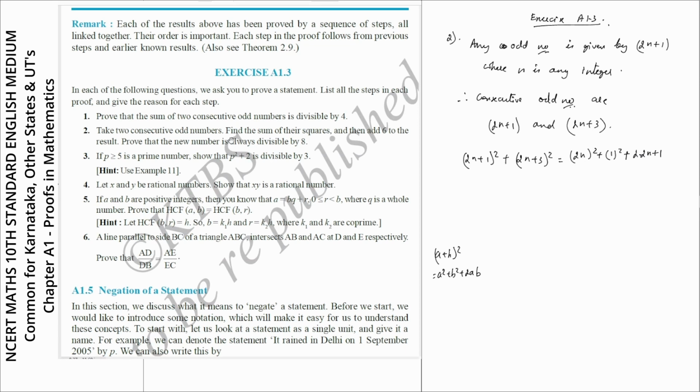So sorry, 2 into 2n into 1. Okay, plus 2n the whole square plus 3 square plus 2 into 2n into 3. So this is equal to 4n square plus 1 square is 1 only. So next, 2 into 2 is 4, n into 1 is 1 only, so 4n plus, here again 2n the whole square is 4n square plus 3 square is